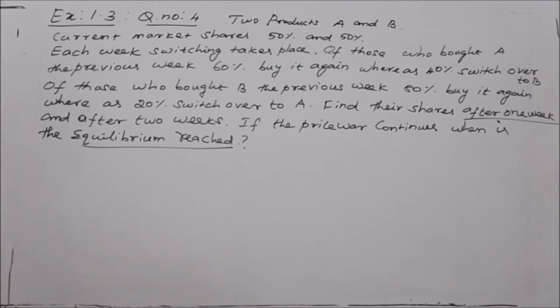End of the chapter. We have the last question. Question number 4. Two products A and B. Their current market shares are 50% and 50%. Each week,